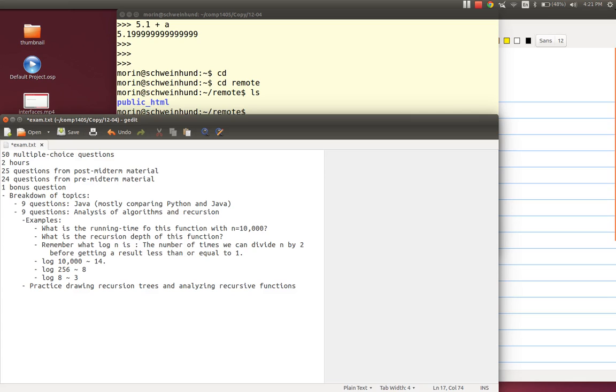Practice drawing these recursion trees and analyzing these recursive functions. This is a really important thing to learn. You'll learn to do this more and more as you progress in computer science. But if you ever intend to use recursion, you sort of have to be able to do this.